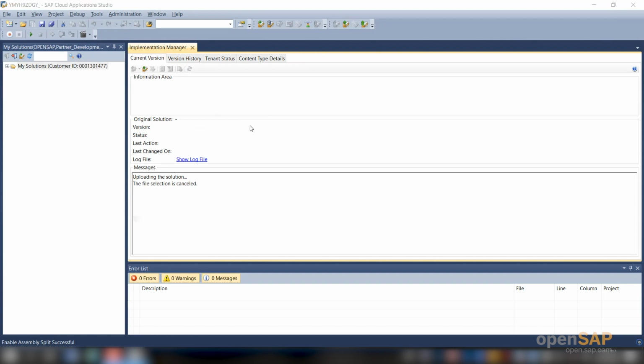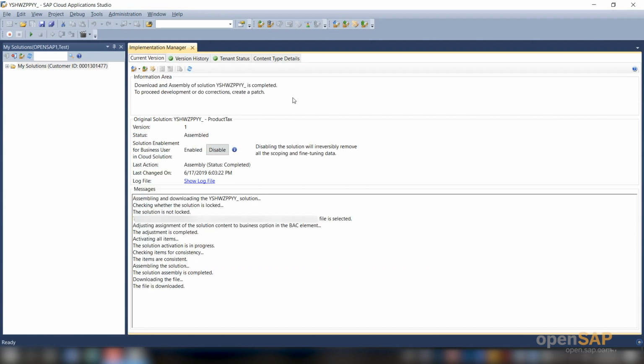Once a solution is assembled, there is an initial namespace, as I mentioned in my slides. The namespace is the original solution in the first version. This is version 1, and this is the namespace associated with a solution. Once you create a patch, the namespace changes, and that is what you call the patch solution.